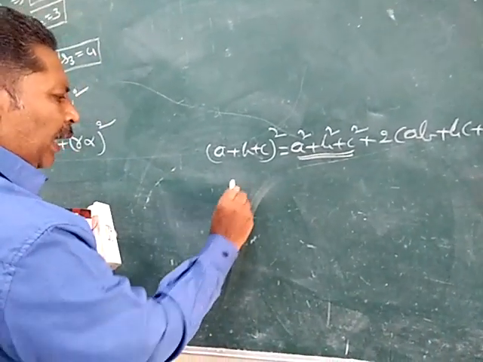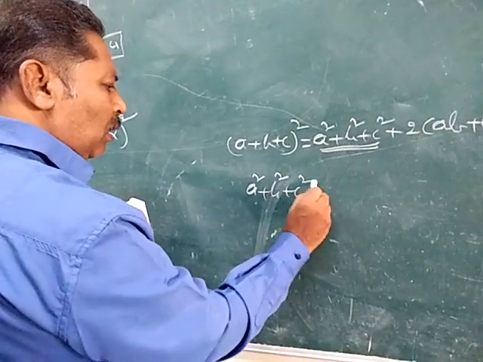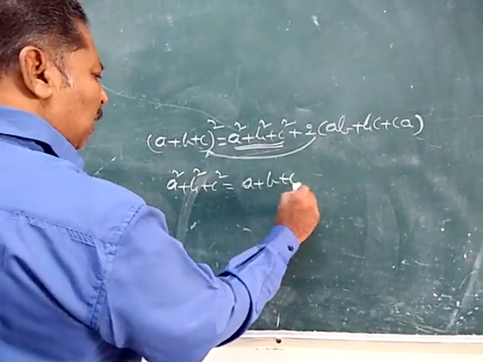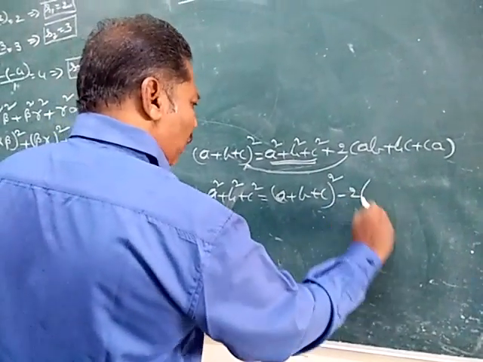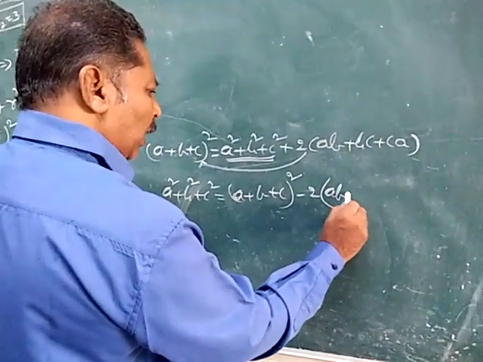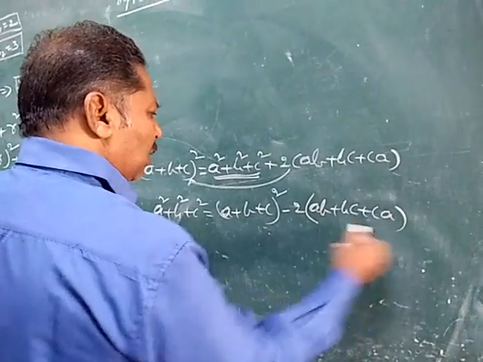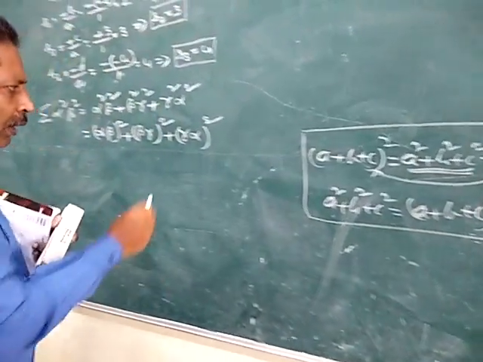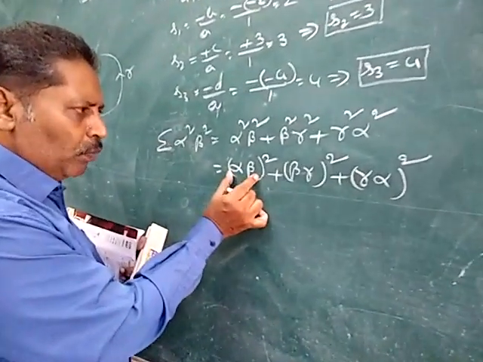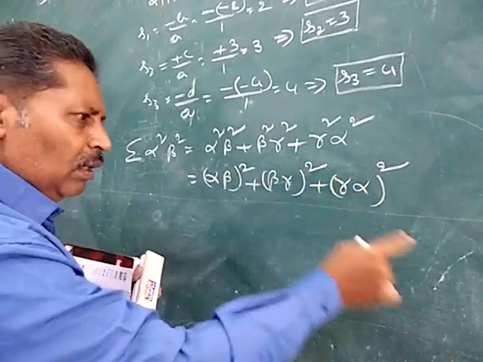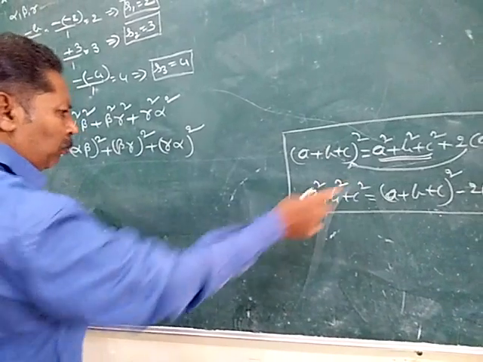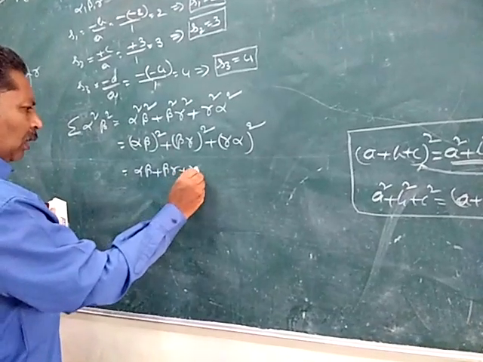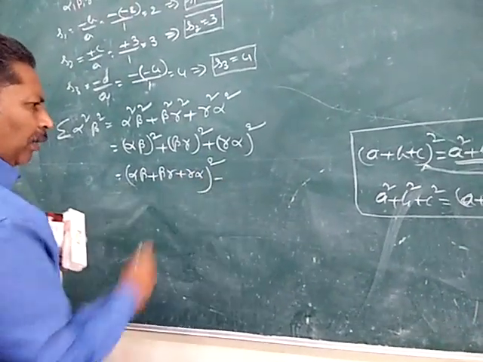Therefore, A square plus B square plus C square equal to A plus B plus C whole square minus 2 into AB plus BC plus CA. So we apply this formula in this place. Let it be A, this is B, this is C. A square plus B square plus C square equal to A plus B plus C whole square